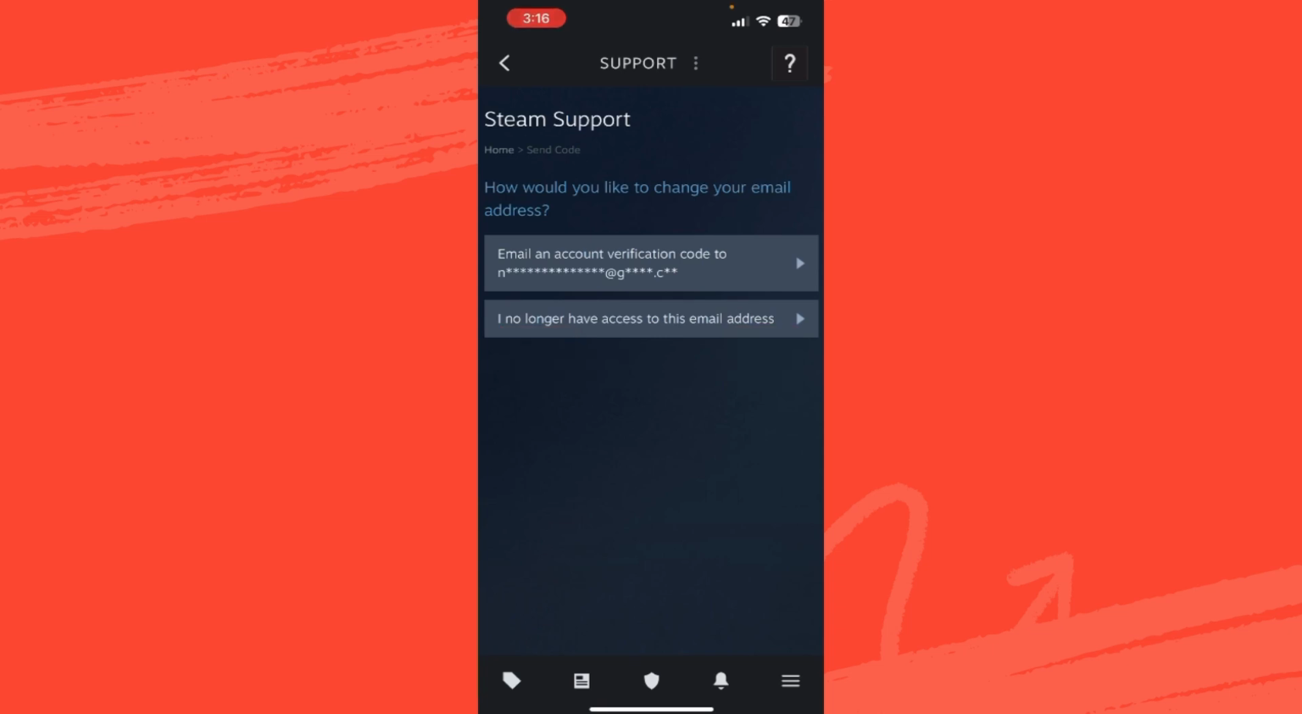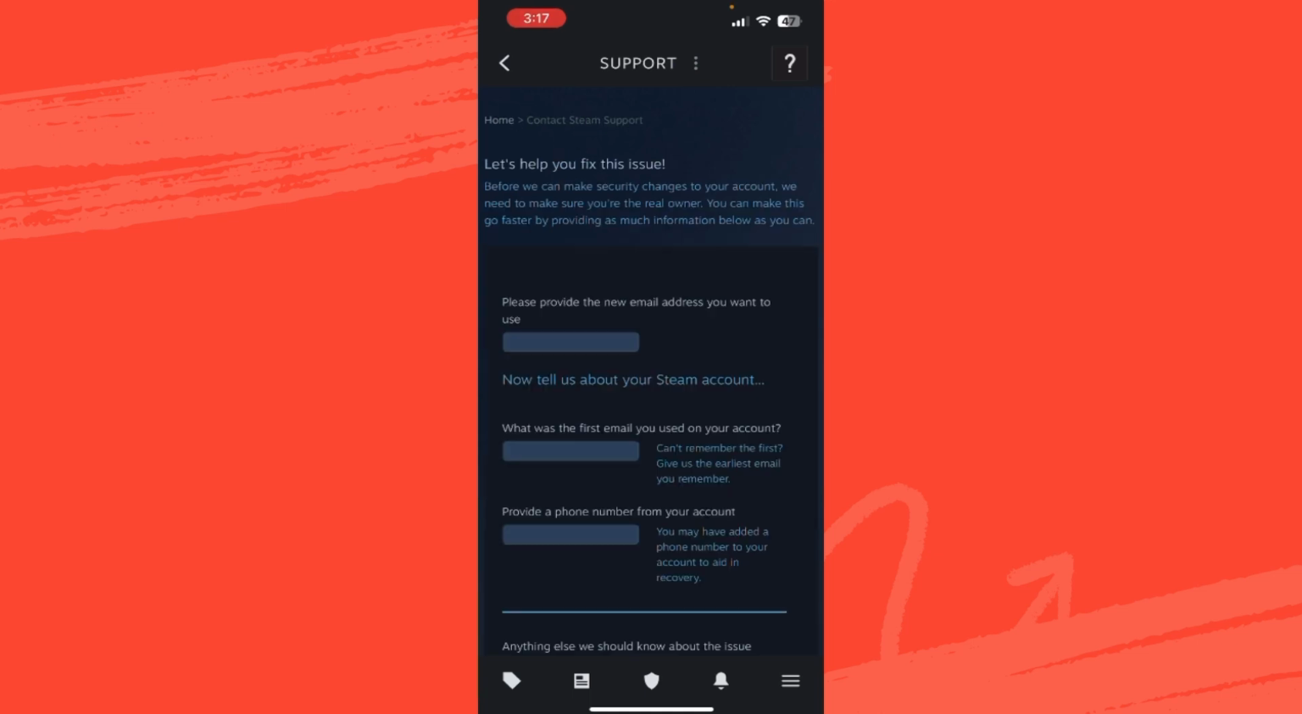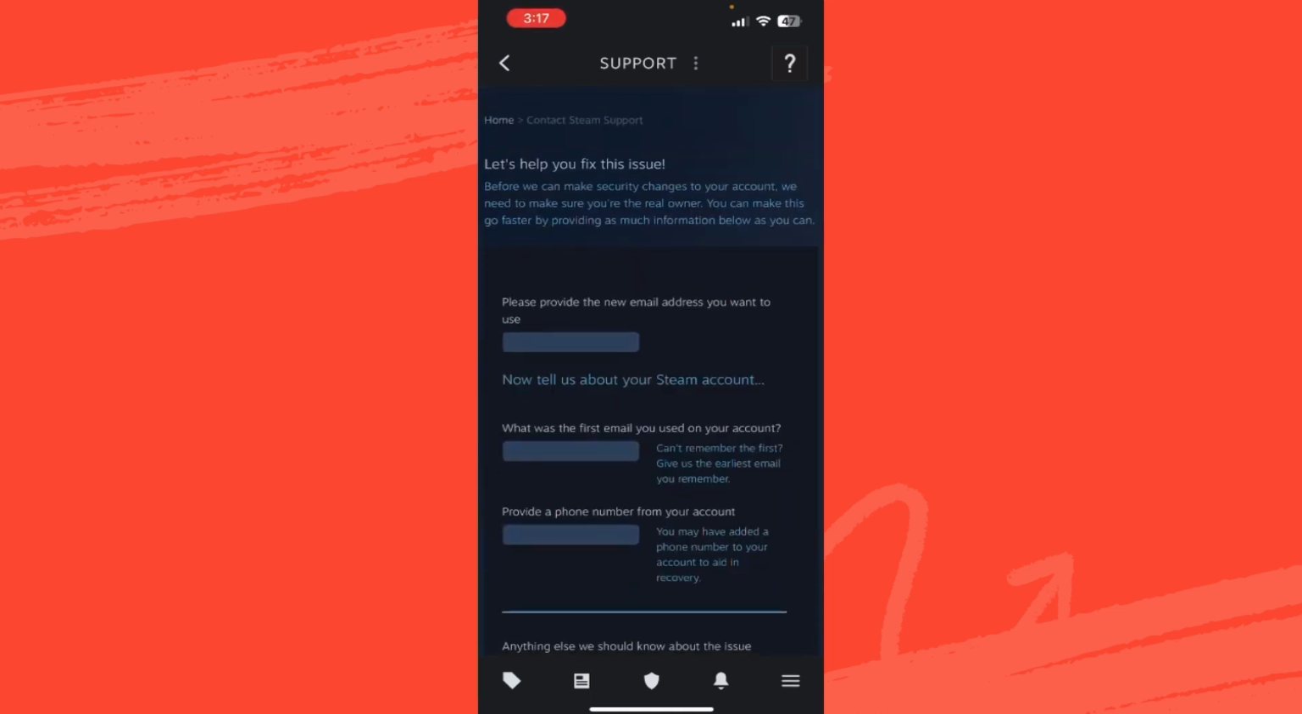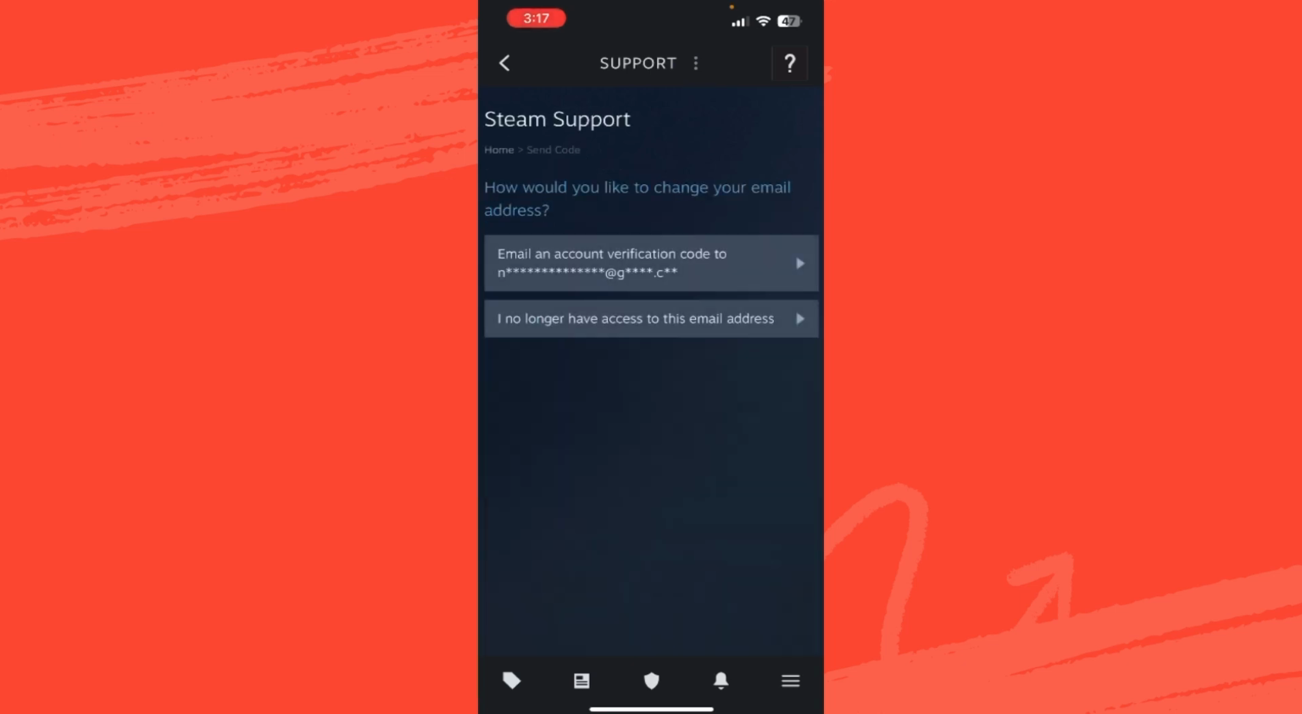So now you just need to choose how you would like to change your email. So you can choose through verification code, or you can just go and tap on I no longer have access to this email if you don't have access to your current email. So now you just need to answer some security questions in order to change your email if you don't remember your email. But if you want to go through a different route, just go ahead and tap on verification code